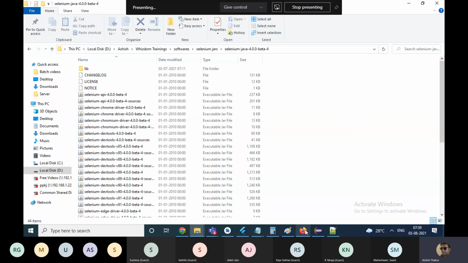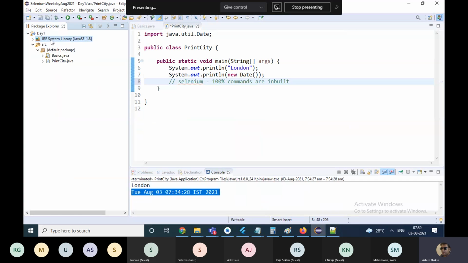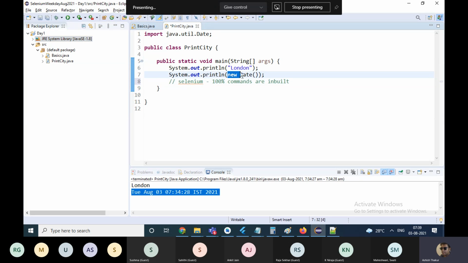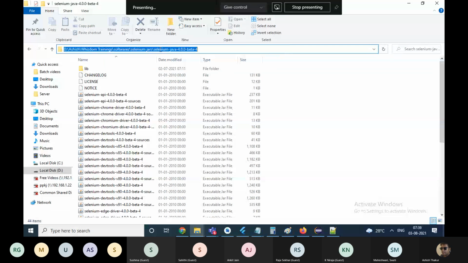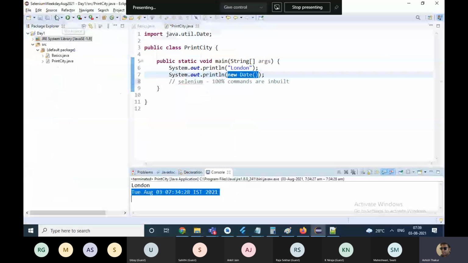Like you have the jar files of basic Java. When you install Java, you get some jar files by default, and one of the classes inside was the Date class, which I used to create a new date and print it. Similarly, you have Selenium jar files. You need to import those jars inside this project so that you can fire Selenium commands in it.